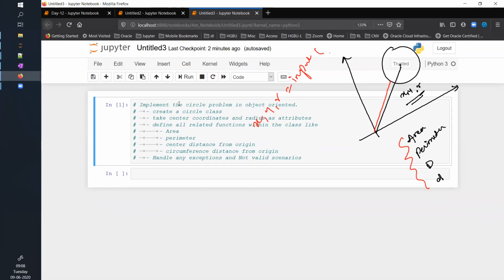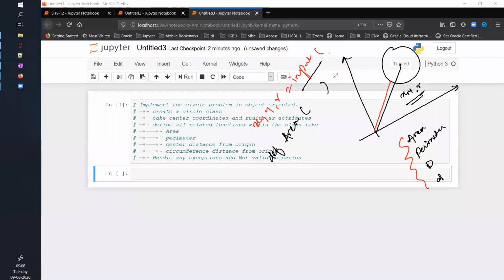So what we did, let me just quickly write it, one second. We did something like this, right? First we took the input, and then we said definition of area, with some parameters, then perimeter, then calculate capital D and calculate small d. So these are all the functions that we tried. Correct? We defined all these functions.